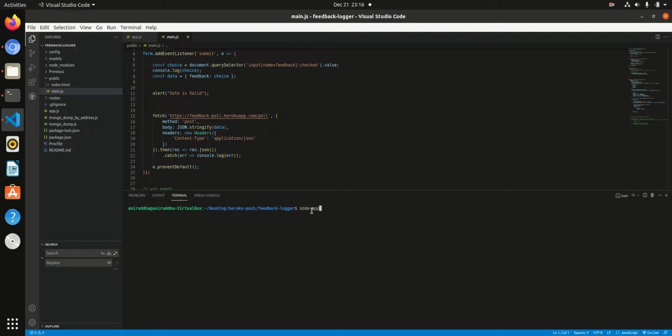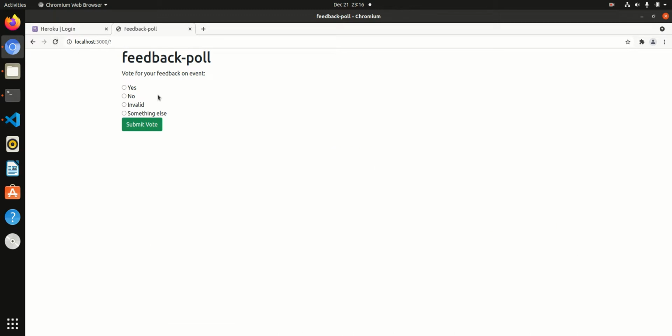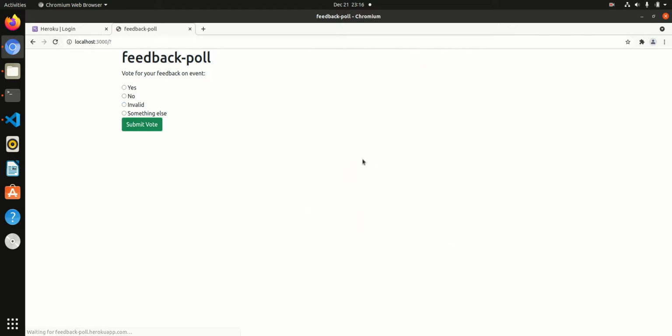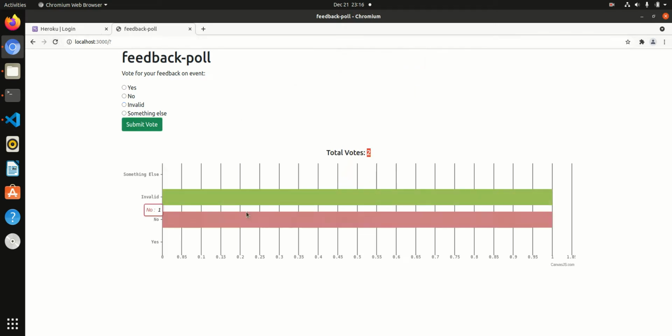So we'll just run node app.js, and as you can see, server started on port 3000 and MongoDB cluster connected. We navigate to port 3000 and we can log in a vote or two. An alert box pops up saying that the vote is valid, and when you refresh, from total votes of 1 you can see we've gone to 2 total votes. We are using canvas.js to relay the number of votes present in this context.